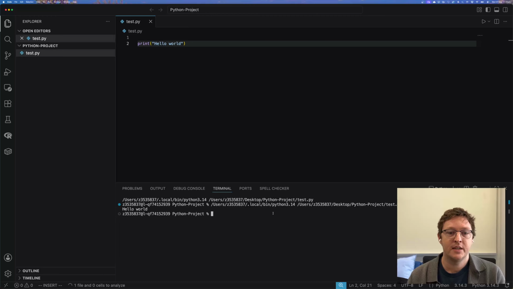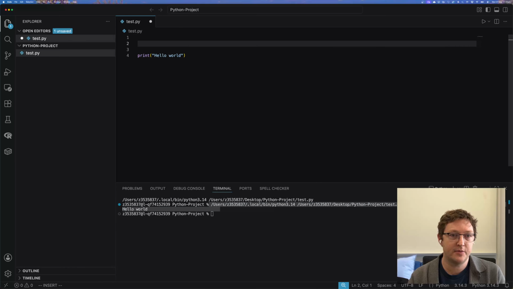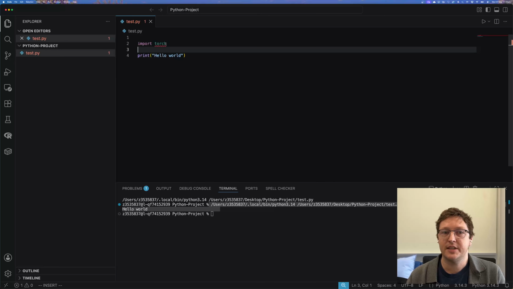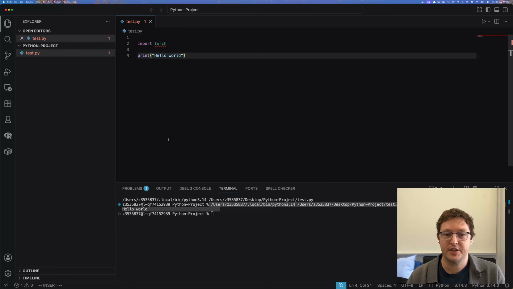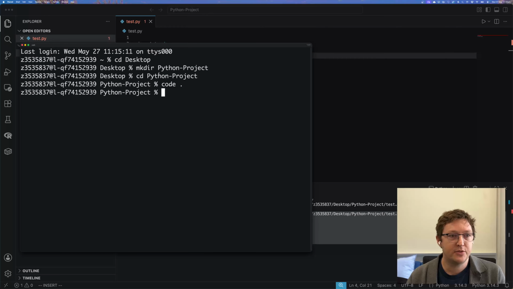playing with it. And I gave a simple example here of printing hello world, but for the course that I teach, we'll be using data science libraries like PyTorch. So if I try to import that and run again, we'll see that this code no longer runs because that globally installed Python doesn't have all the data science packages that I need to actually do my own project. So that's why we need to make our own